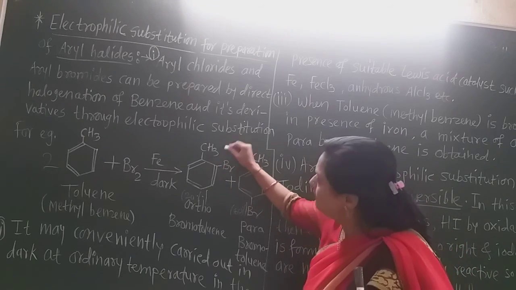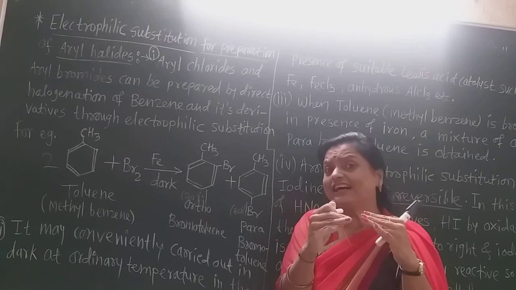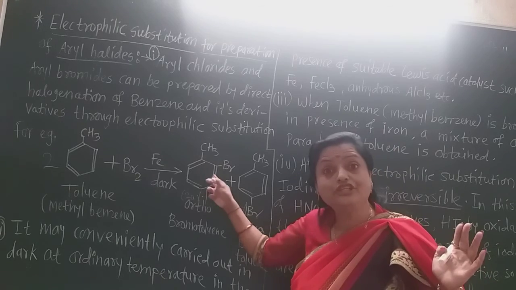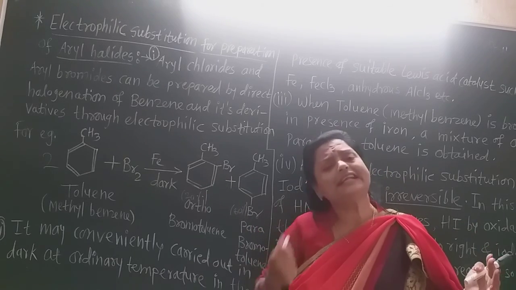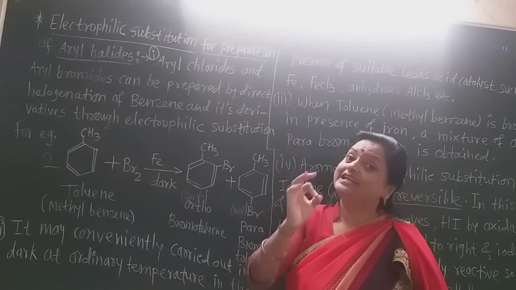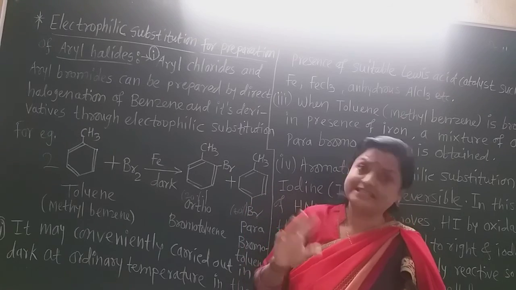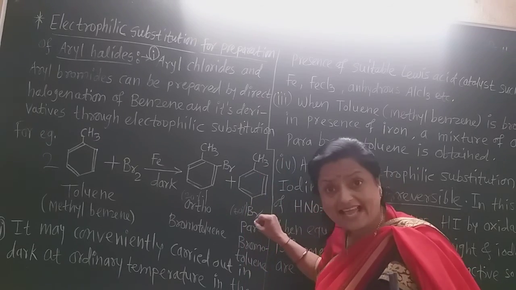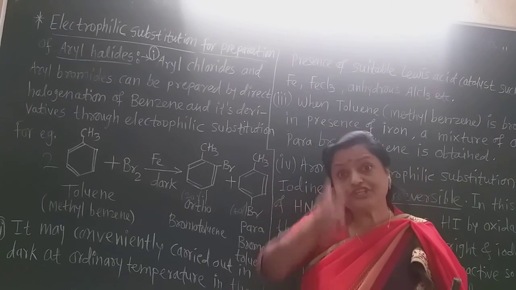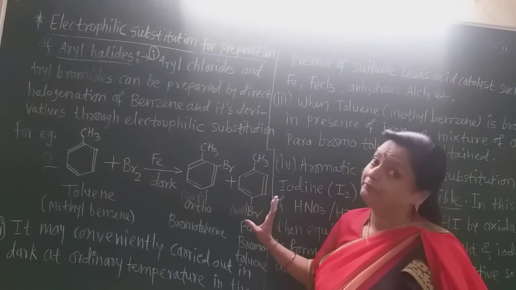Here both the bulky groups are close to each other, so there is always repulsion between them, and due to that the energy of this compound increases. And what is the relationship between energy and stability? We learned in the 11th standard: if there is more energy, that compound is less stable. An energized compound is less stable. But here, both the bulkier groups are at 180 degrees, in opposite directions to each other. So there are no attraction or repulsion forces.